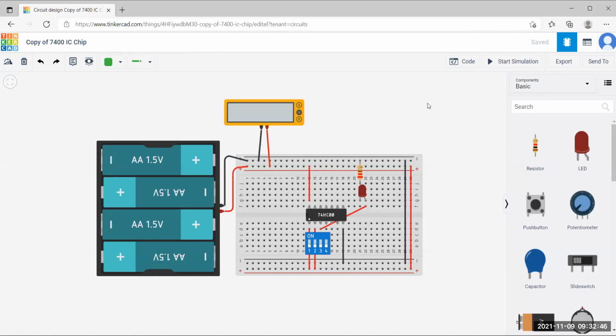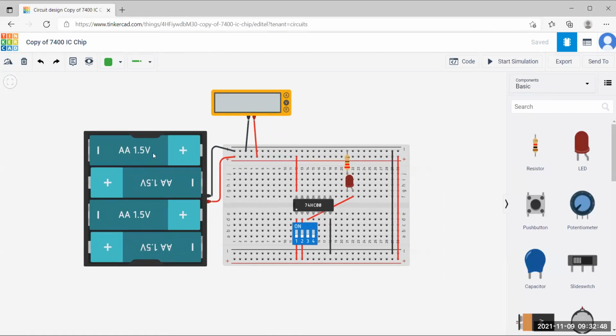Okay. So see, these are batteries. We have taken 4 batteries. This is a multimeter. We have already seen it when I was teaching you rectifier, I guess you already saw a multimeter. I don't remember properly, but I guess we have seen it. This is a multimeter. This is an IC.